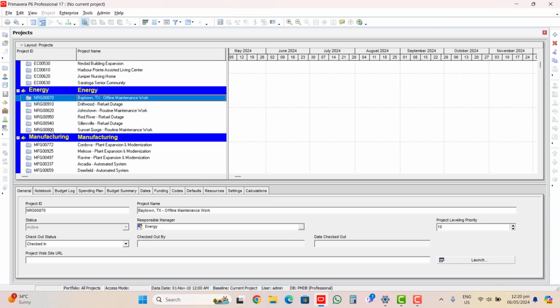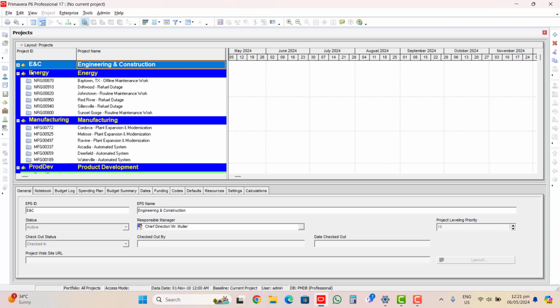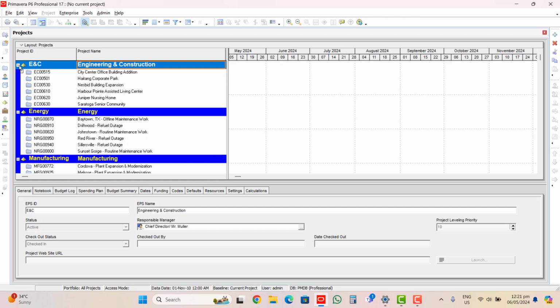And you can see here a minus sign. If you click this, you can also see a plus sign. So these plus and minus icons to the left of the names of the Enterprise Project Structure, or EPS, are used to display or hide the levels of the EPS.